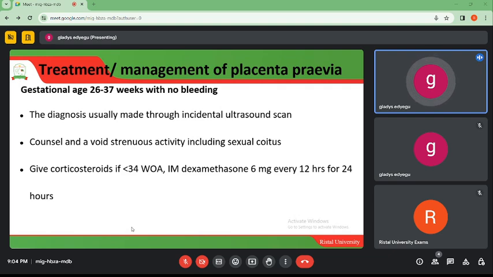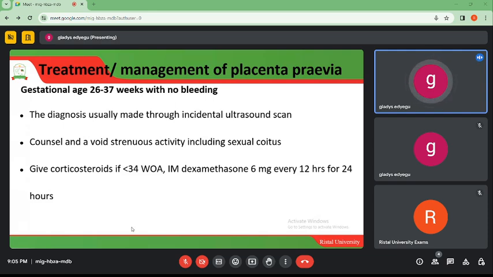So the diagnosis is usually made through incidental ultrasound scan, and that's why we encourage our mothers to do ultrasound scan in early pregnancy and also in late pregnancy, so that we can be able to rule out some of these emergency obstetric conditions. So you have to counsel and avoid strenuous activity, including sexual coitus. So you advise the mother, counsel her, tell her the impact, tell her the condition that she has, and also encourage her to avoid some of these strenuous activities so that they can be able to carry the pregnancy up to term. Then give